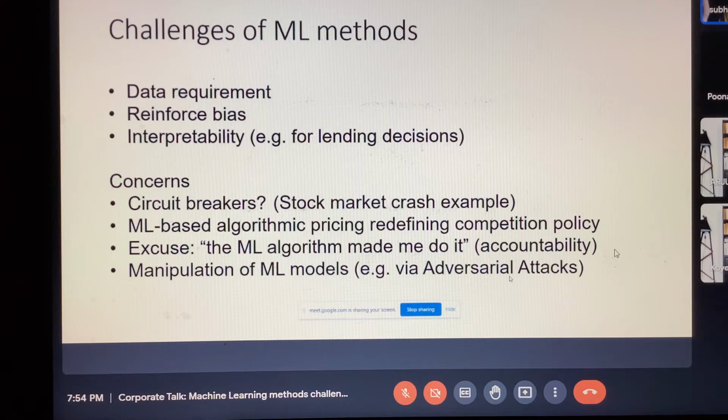And there could be very serious financial decisions too, where you need to know why. Think about it, even for a doctor, suppose the AI tool told that this person probably has cancer and must be operated on for a surgery. The doctor needs to know why. Hey, why? How did you tell it? What is the background? He needs to know the causality, the cause. He can't just say the AI tool said it. So therefore, there's an issue of interpretability because they are black boxes.